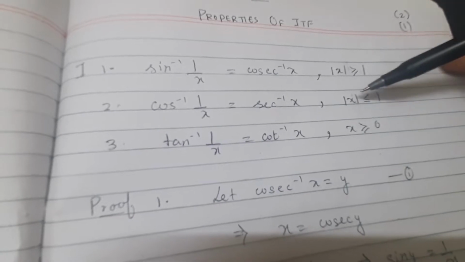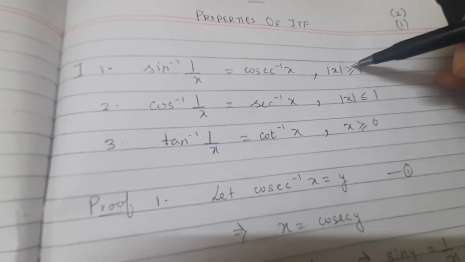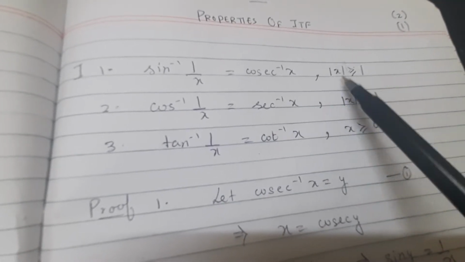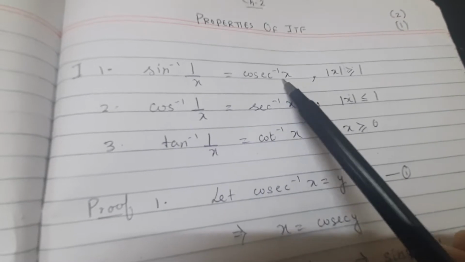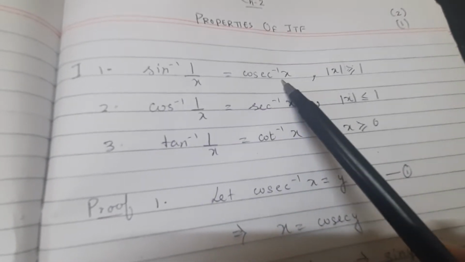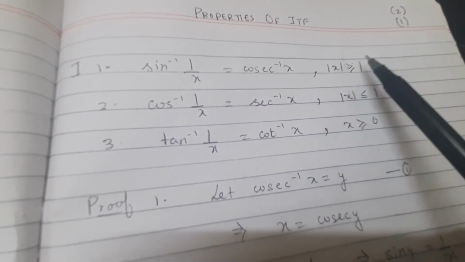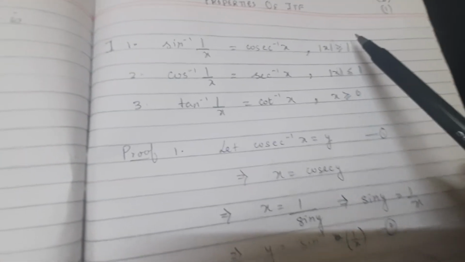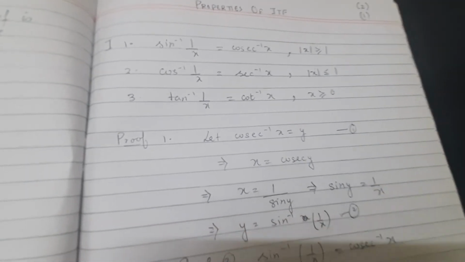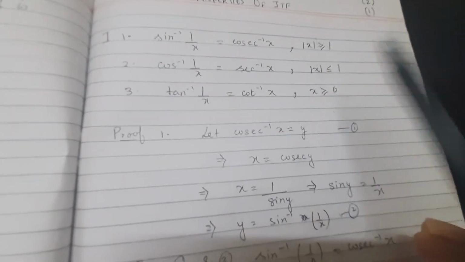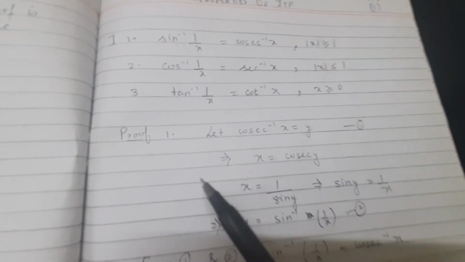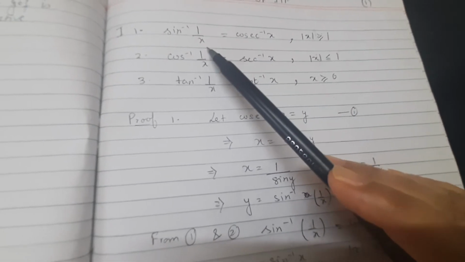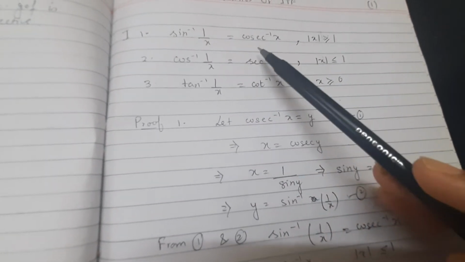But I can tell you this much, that these properties are nothing but the intersection of the domain of both the functions. So the sine and cosec functions' domains you should know, and take their intersection, so that these are the conditions which would come out. I'm not going to discuss much about it, because 100% you will get the questions which are within this domain only. So I am going to prove the first property, and the rest are for you to prove. They will be proved in a similar manner.